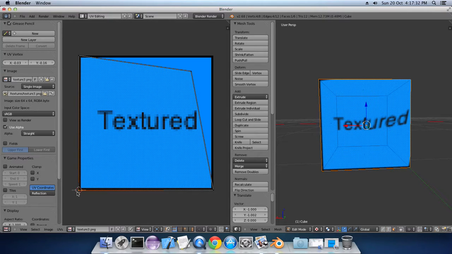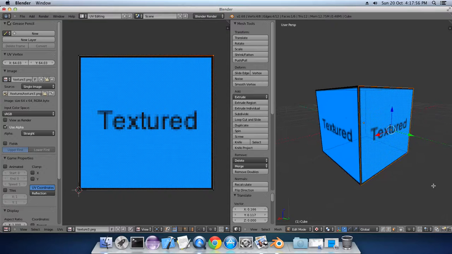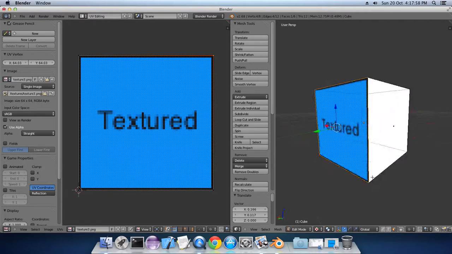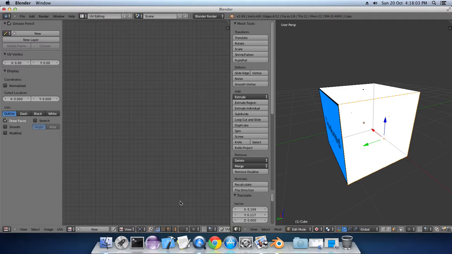Okay, there is one irregularity here. If you see, move it slightly up. Okay, let me fix this and click. Now let me move this top edge and click it. Okay, it is now a perfect square, and see the texture now appeared perfectly. Now we do the same thing for every other side also.